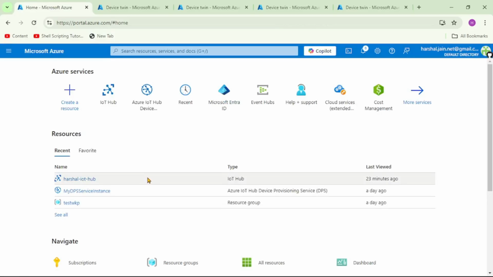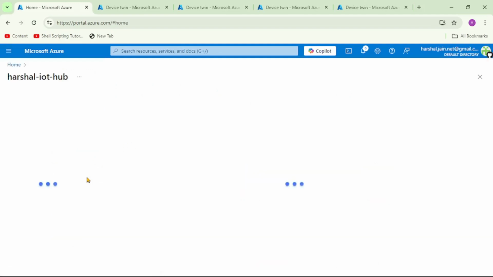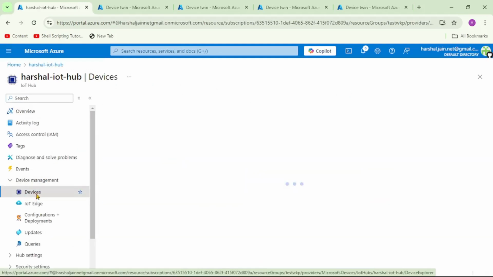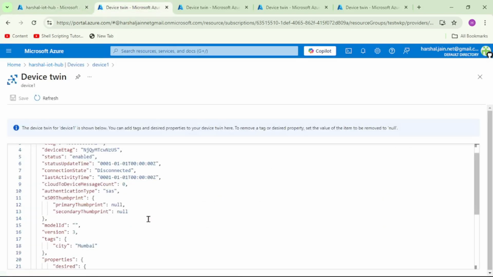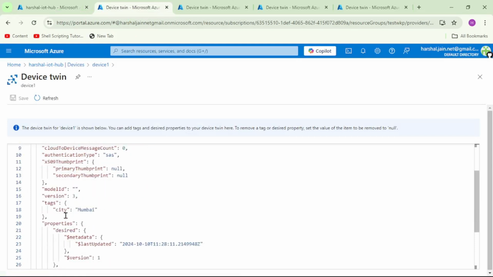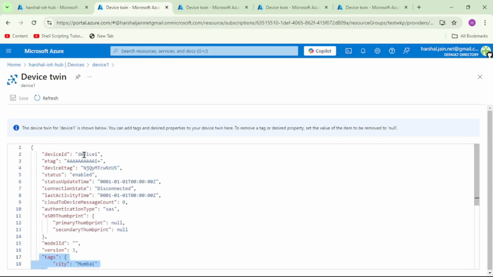So again guys, we are in the Azure portal and let's open our IoT Hub. Let's go to devices, and here you can see we have a total of 4 devices, and in the interest of time I have already opened the device twin of each device. This is the device twin for device 1, and under tags city is Mumbai.